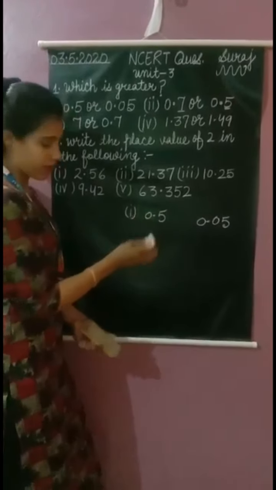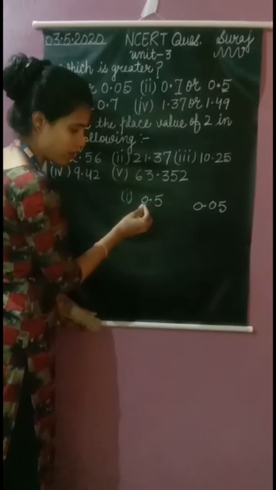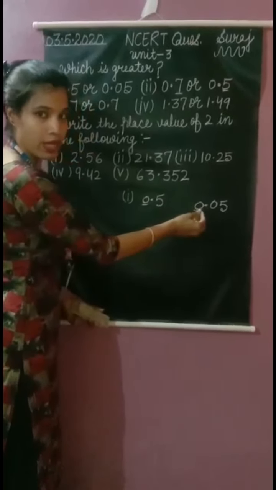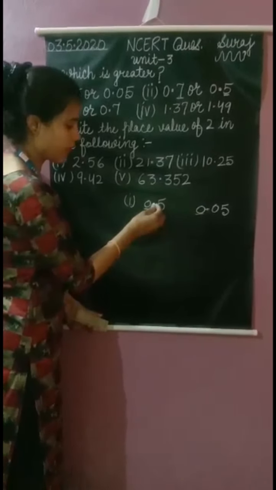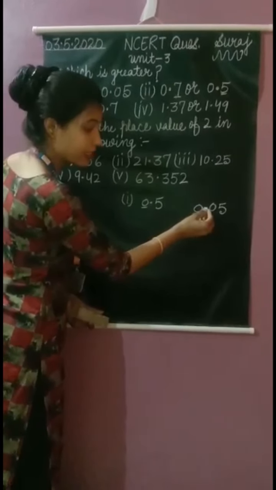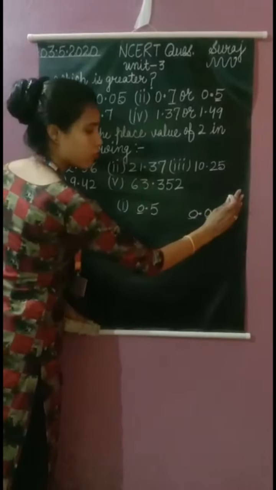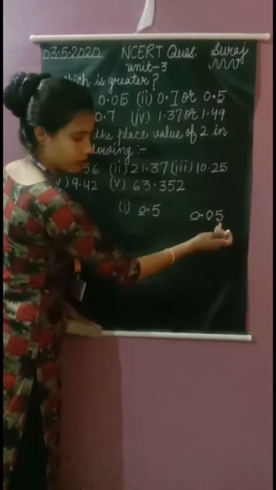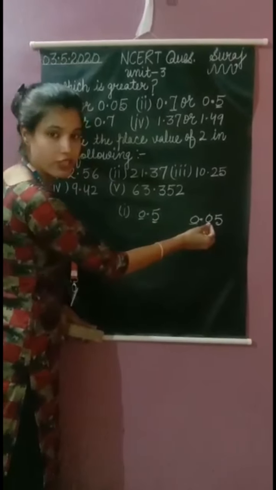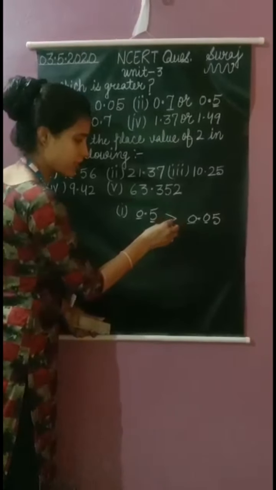Okay, now firstly we check before decimal. Here before decimal 0 and here in this number before decimal 0, both are same. Okay, now check after decimal. First, 10th place having 5 digit, and here after decimal, 10th place having 0. Okay, there is no need to now check the third, 100th place. We check from here that this is 5 and this is 0. Okay, तो 5 और 0 में से कौन बड़ा होता है? 5. It means this is greater.